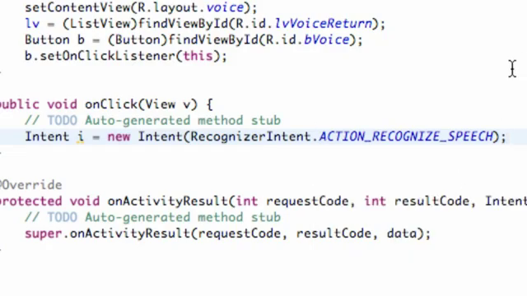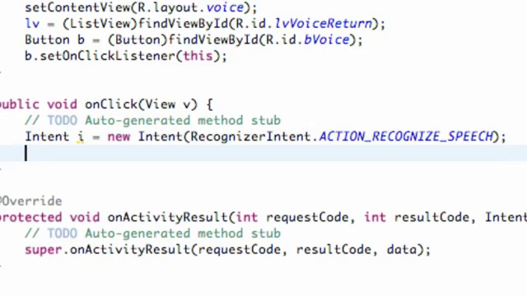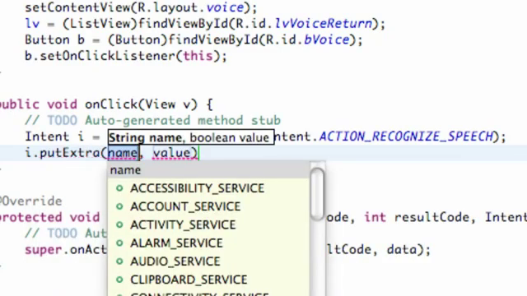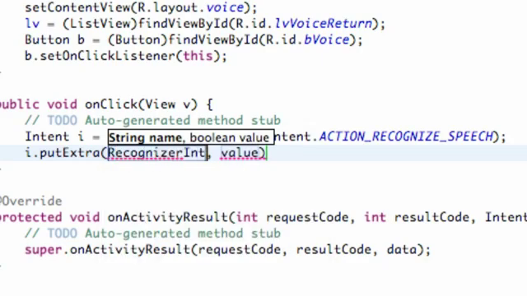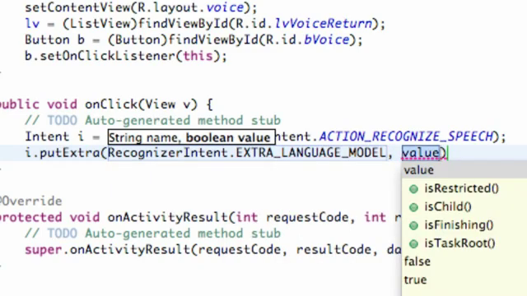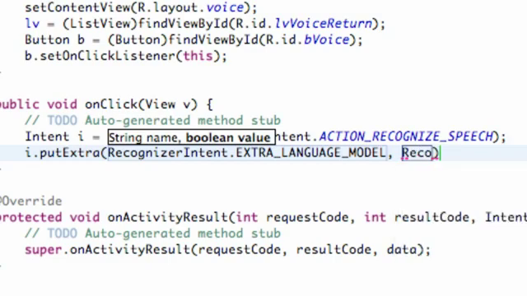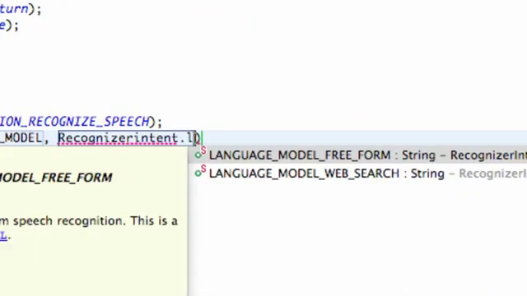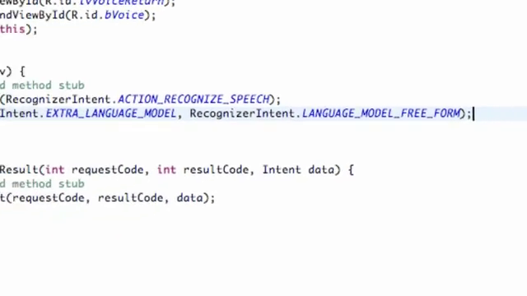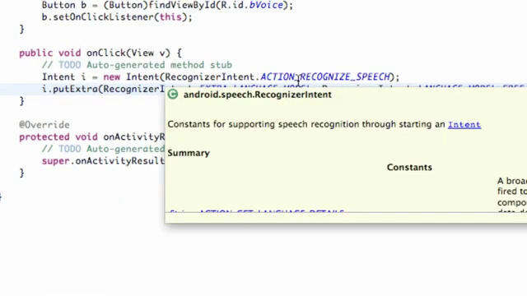And then what we're going to do is also determine which language is being spoken. So we're just going to say i.putExtra, and then we're going to refer to again the key and the value, and the key reference is going to be again RecognizerIntent.EXTRA_LANGUAGE_MODEL for our key reference, and for a value we want it to again refer to RecognizerIntent, and we're going to have it refer to LANGUAGE_MODEL_FREE_FORM. So that's basically going to be the value. Again, it's just kind of fine-tuning everything, getting the specific language, fine-tuning it